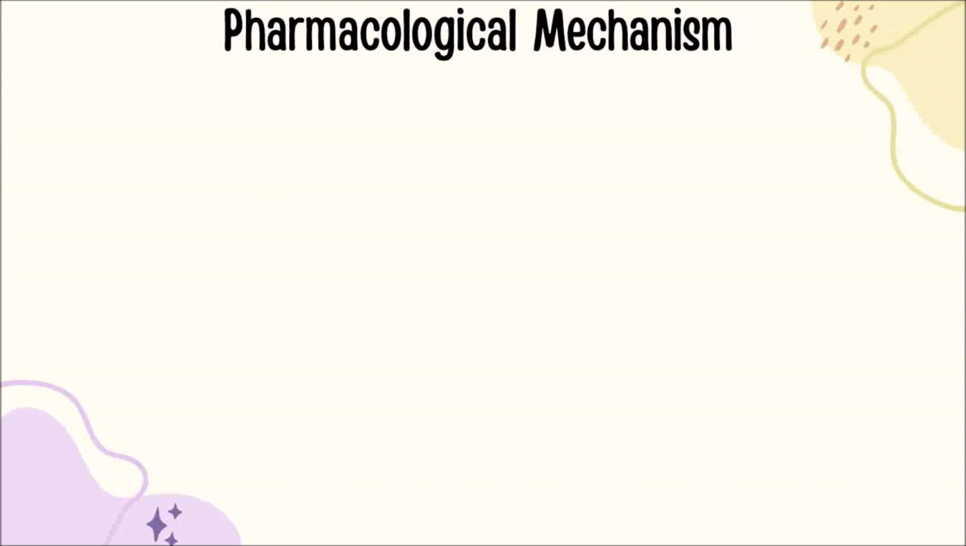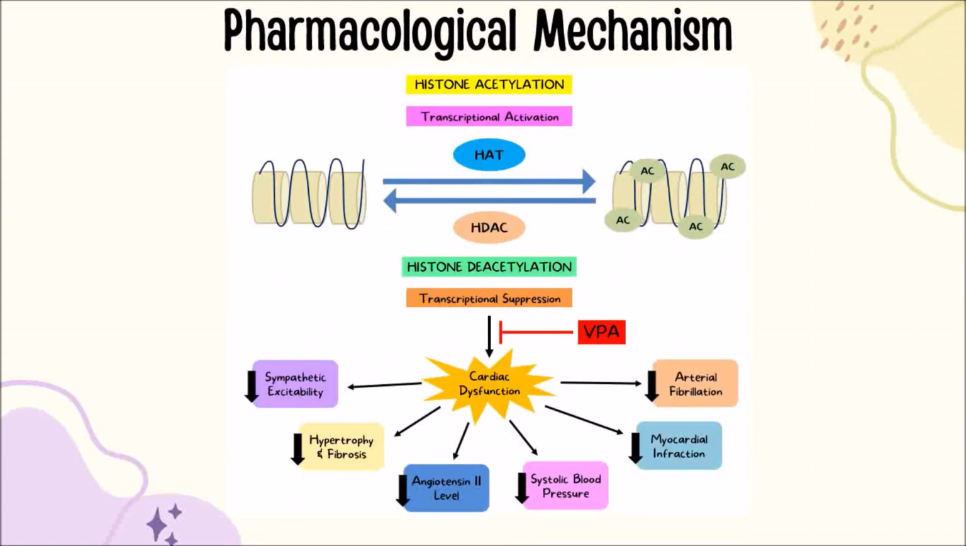VPA shows a cardioprotective action through its action on HDACs and its ability to affect genetic regulation. In a study of cardioprotective action on a rat renovascular hypertensive model, VPA ameliorated cardiac dysfunction, cardiac hypertrophy, and fibrosis by suppressing the expression of HDACs. VPA has been shown to attenuate cardiac hypertrophy and fibrosis by inhibiting HDACs to acetylate the mineralocorticoid receptor in spontaneously